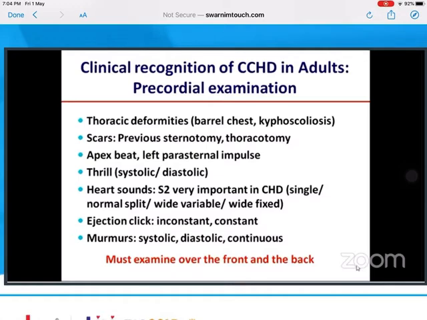When it comes to murmur, it is very important that you examine over the front as well as over the back, because some of these patients, especially those who have MAPCAs and all,